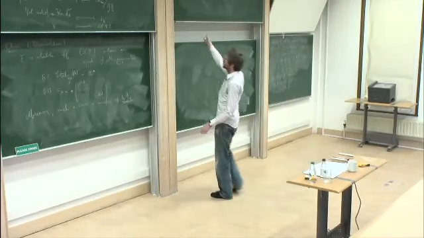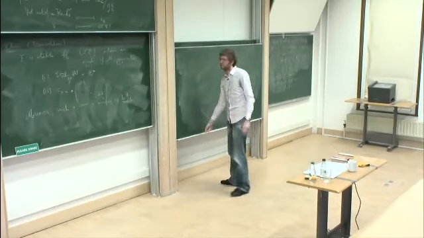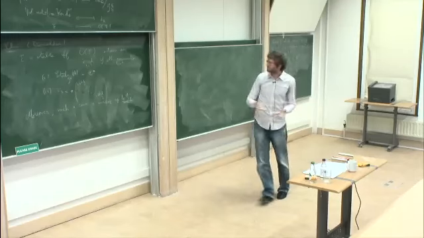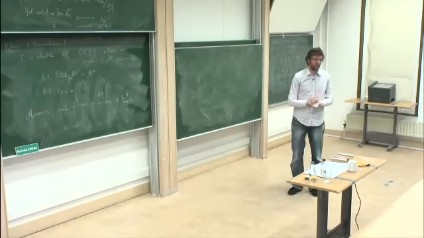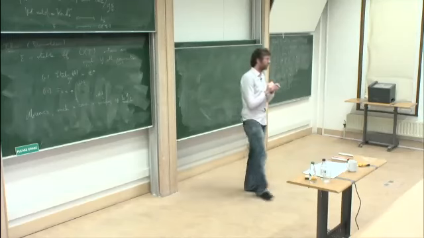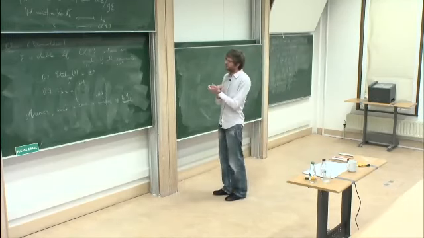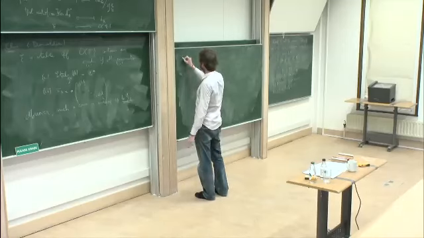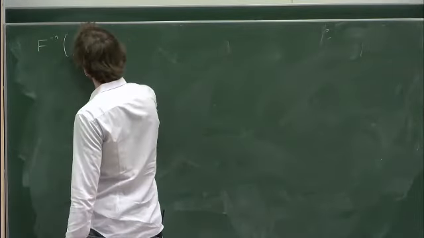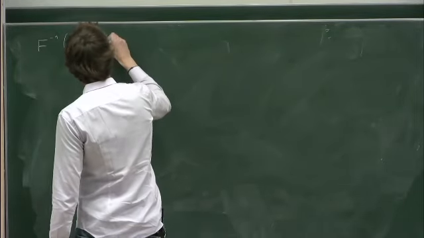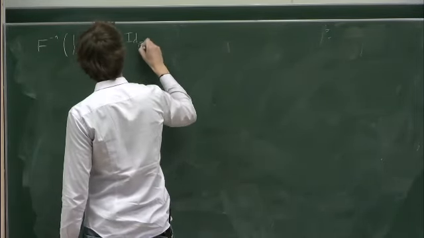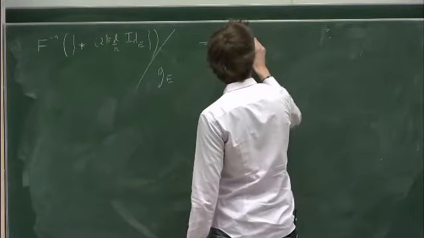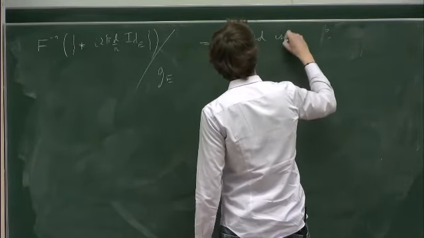But from this theorem we get that the set of graded isomorphism classes of polystable bundles, so direct sums of stable bundles of the same slope, are exactly the connections which satisfy condition 2 here. So the curvature is diagonal. Forget about irreducibility, and think of F as the curvature map. What I'm saying is that the pre-image of this diagonal matrix modulo gauge equivalence is the set of graded isomorphism classes